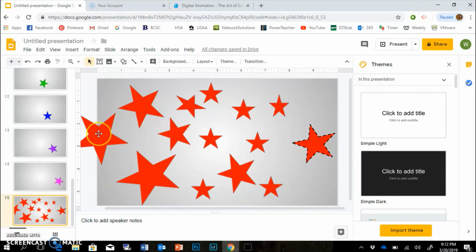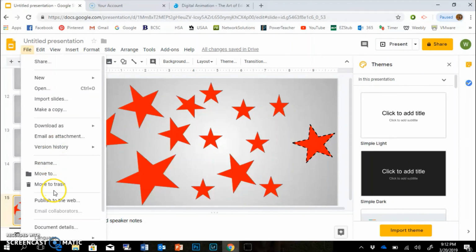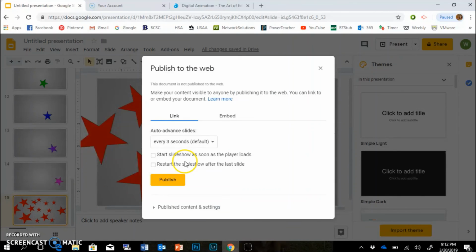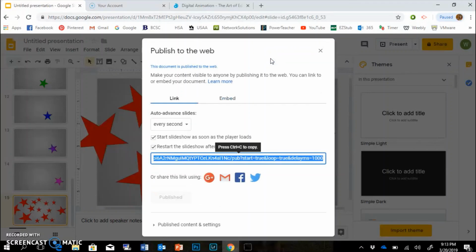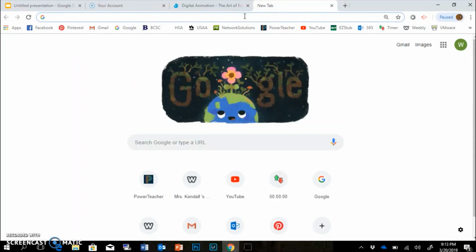Okay, when you're finished and you're ready to publish this, you're going to go File, Publish to the Web. Then you want to change this to every second so it flashes quickly, and you want to check these 2 options so that it starts immediately and loops. Then you're going to click Publish and then OK. So now what you have is a web link that you can copy, Control-C, go to a new blank website, paste that in there, and now your animation is just automatically going to start and spin and move